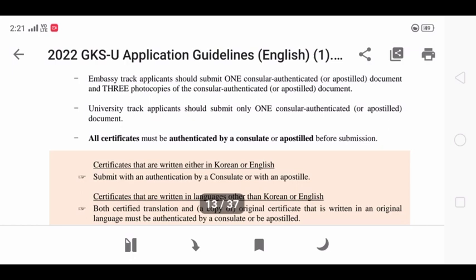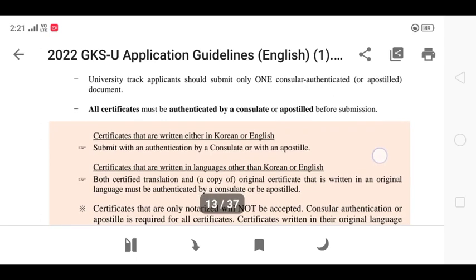So it will be good for you if you have already prepared your apostille documents, and if you don't know what apostille is and how we can get it, I will make a video on that topic also very soon. And if you want to know urgently, then you can search on YouTube. I guess there are plenty of videos on the YouTube platform where you can find out how we can get our documents apostilled. Also remember that if you are getting documents apostilled, don't include your certificates like award certificates, because apostille is only for official documents like your mark sheets and your transcripts and things like that, not for your award certificates.